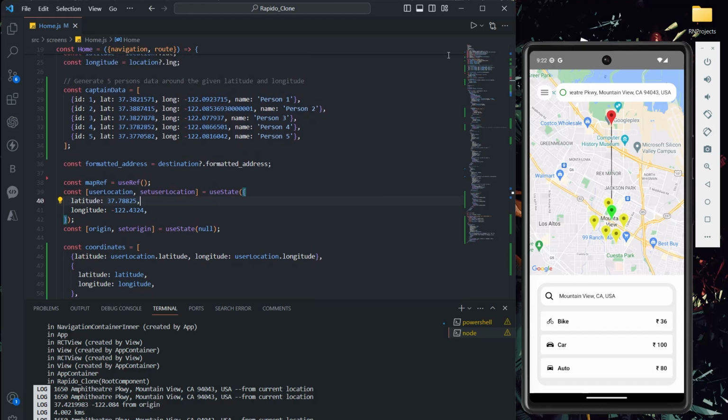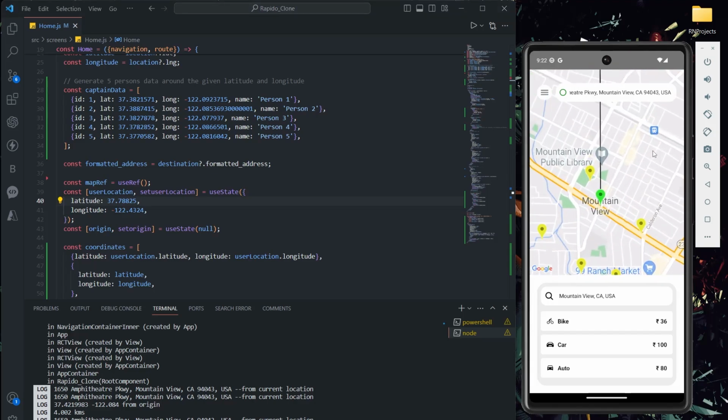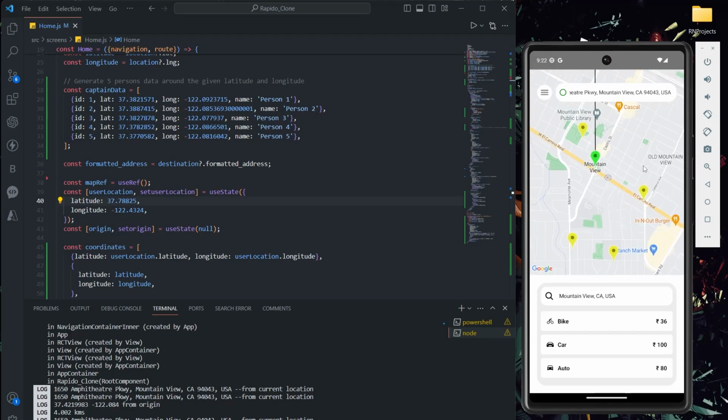let's assume, before going to implementation, that my destination is this green point. Okay, let me zoom in. Now you can see this, right? Now assume, just ignore that 5th person because it's not showing on the map, because I have zoomed in. Now if you see, this is my destination.